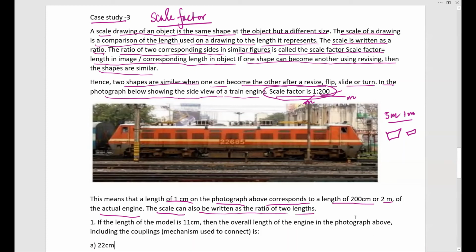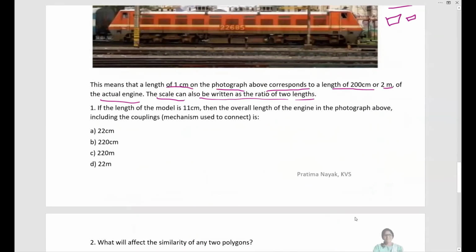Now coming to question. Here, if the length of a model is 11 centimeter, then overall length of the engine, a model बना हुआ है 11 सेंटीमीटर है, तो एक्चुअल लेंथ ऑफ द मॉडल इंजन कितना होगा, इंक्लूडिंग द पॉकेट्स टू कनेक्ट इज हाउ मच।